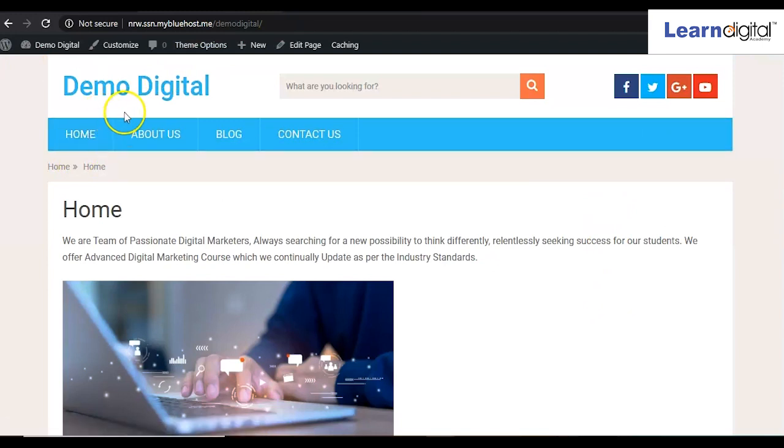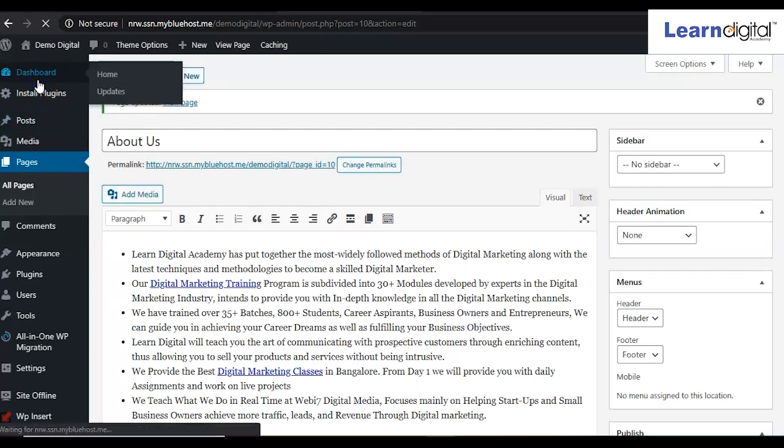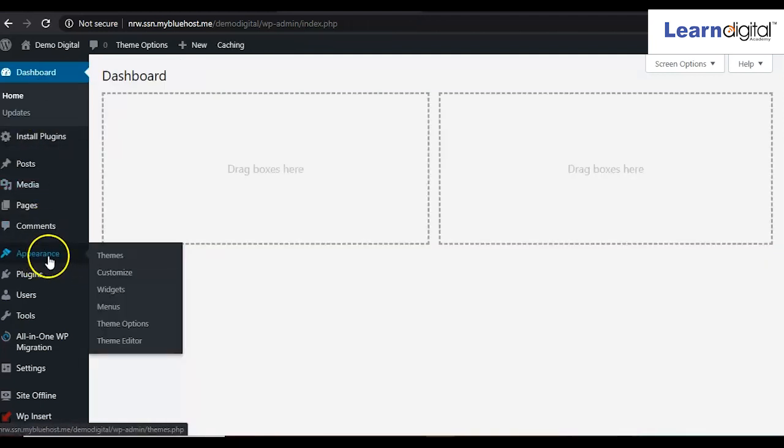Now here, this is the site title. Suppose we want to show a logo, our business logo or website logo, over here. For that, you have to go to the backend part, click on dashboard, and here go to the appearance part, come to theme options. If you click on theme options, there will be many options coming for this particular theme, right?